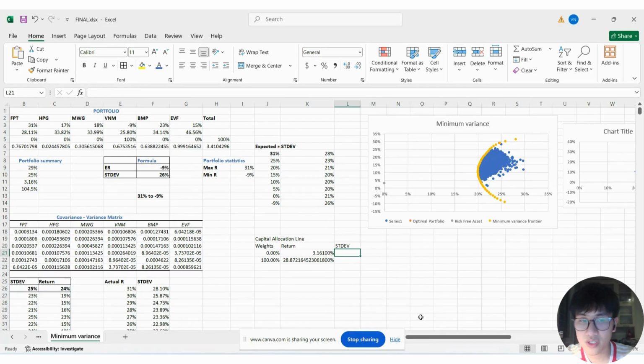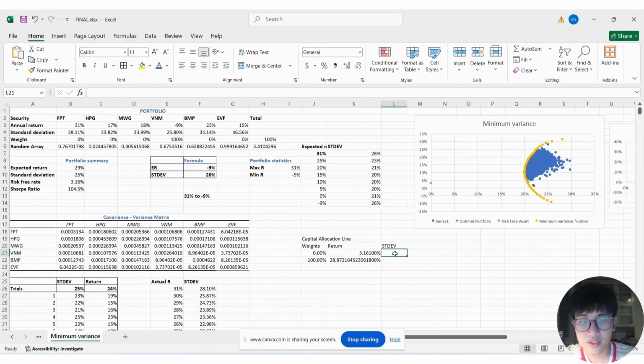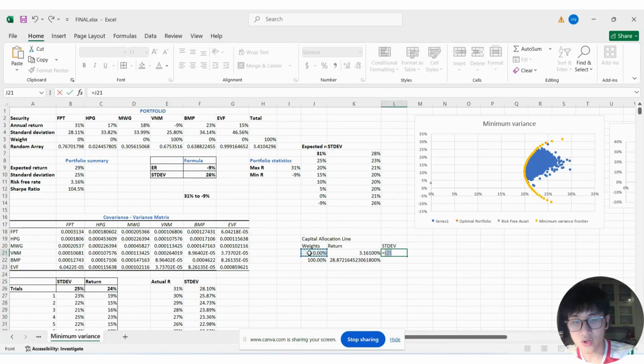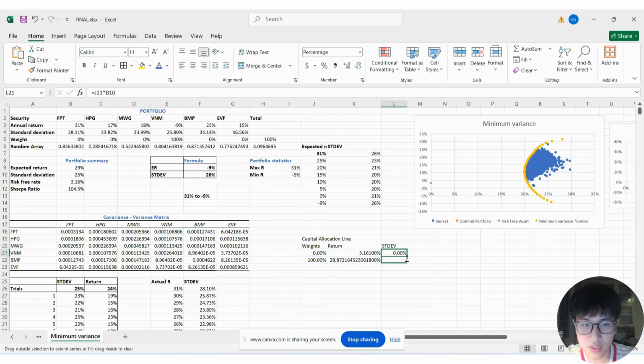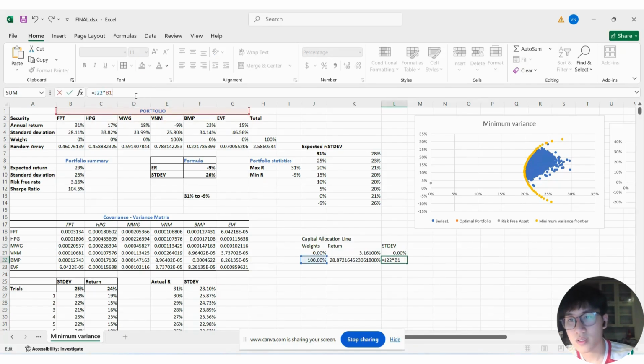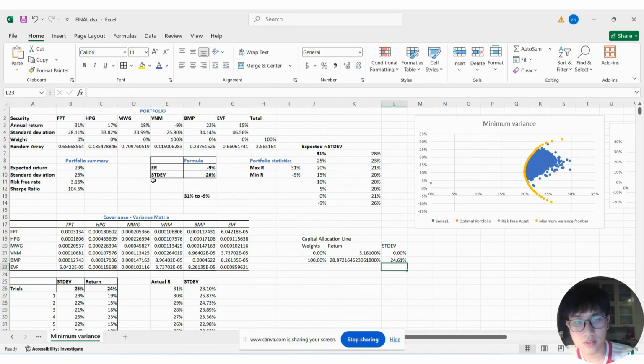Now for the standard deviation, it is just equal to the weight of the optimal portfolio multiplied with the standard deviation, because right now the risk of the risk-free rate is equal to 0, so we don't need to calculate it. Also with this one, the standard deviation. Okay,